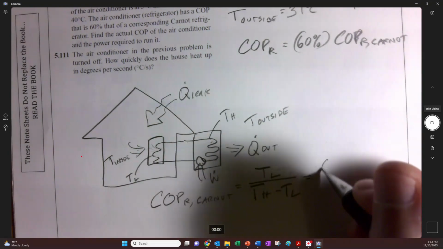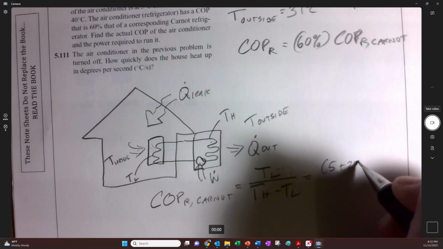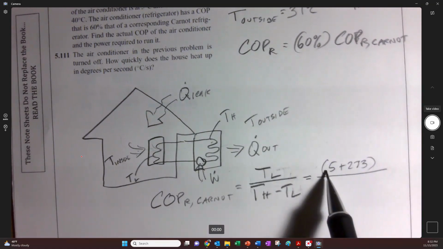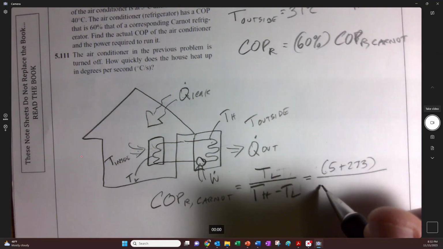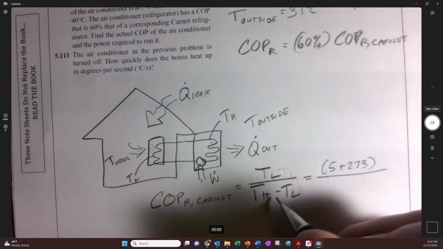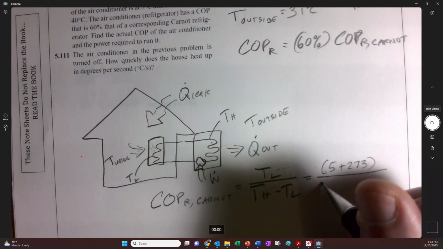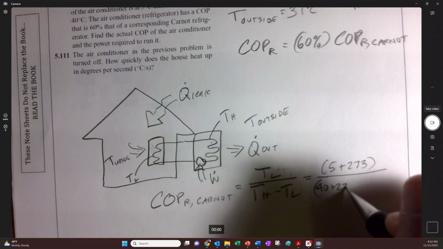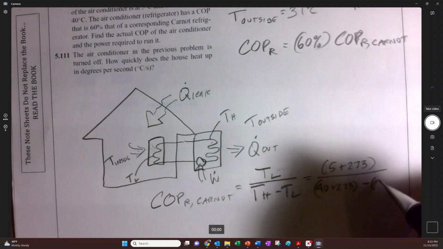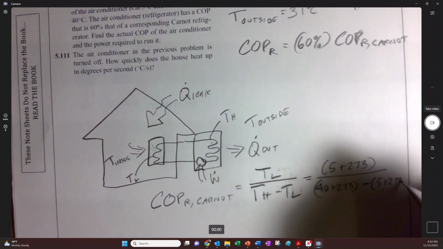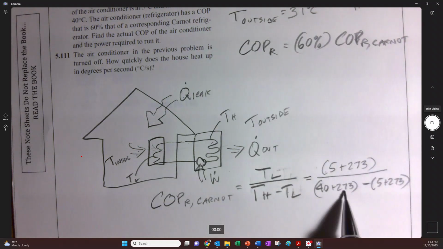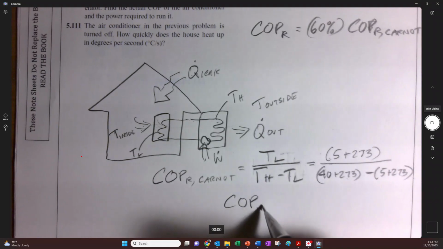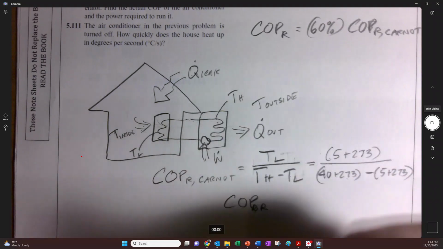And we go 5 plus 273. That is the low temperature that we're coming to. And then the high temperature, and we don't need to do the 273 for this. But we can. So you can say 40 plus 273 minus 5 plus 273. But the 273 is kind of not important right here on the bottom. And so our coefficient of performance looks to be